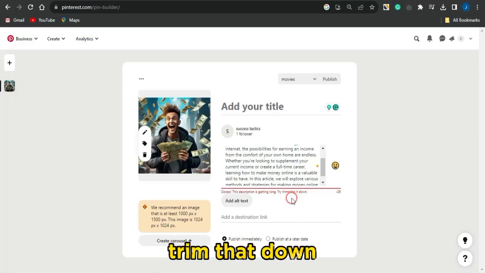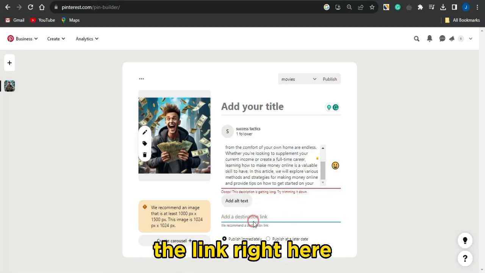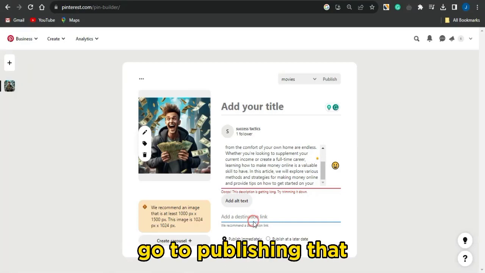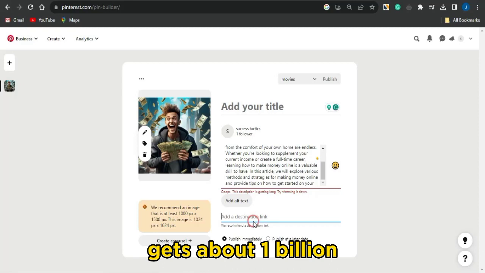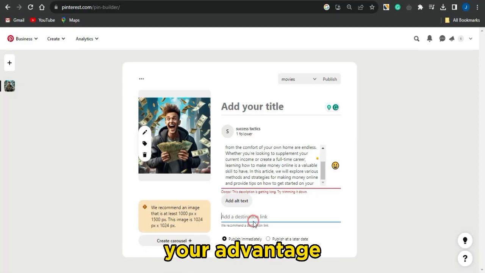So you can actually trim that down, but make sure it's quite captivating so that it will lead people to go on to reading the full article. And for the full article, you want to put in the link right here in this section. Go on to publishing that on Pinterest and start getting a lot of traffic, because Pinterest gets about 1 billion visits every single month. So why not just simply go on to using that to your advantage right now and